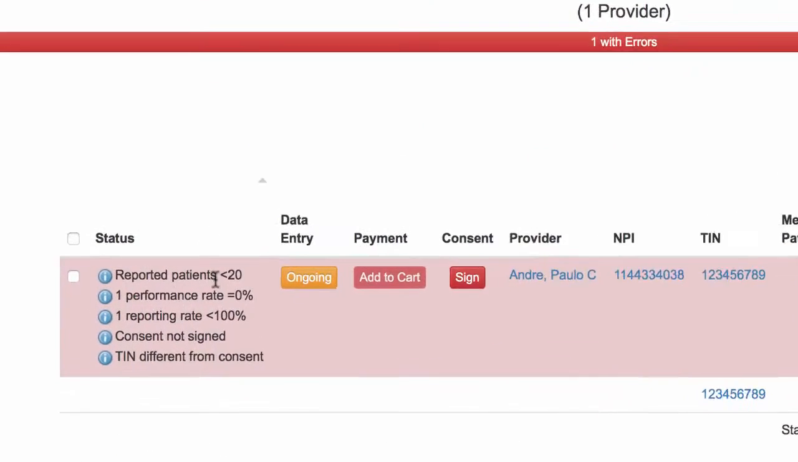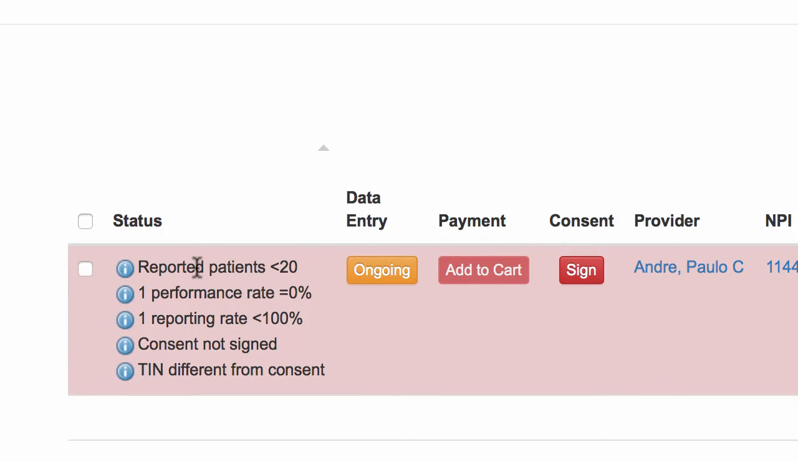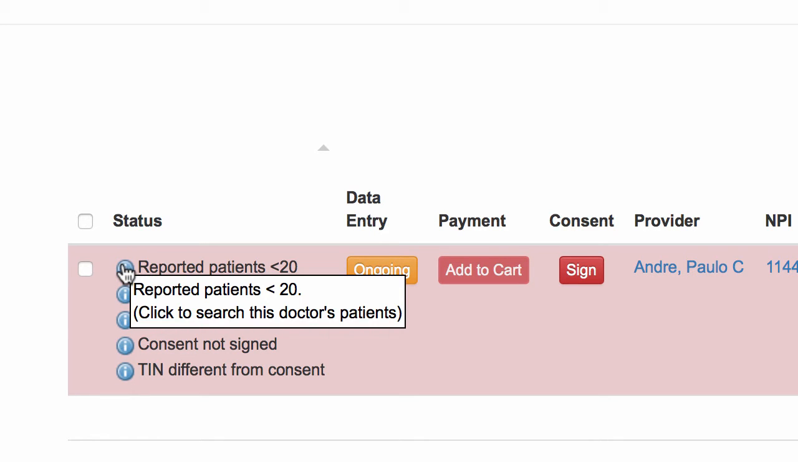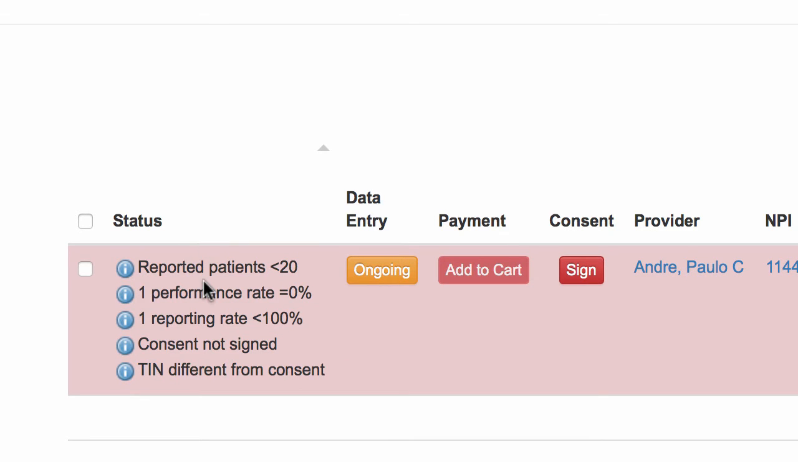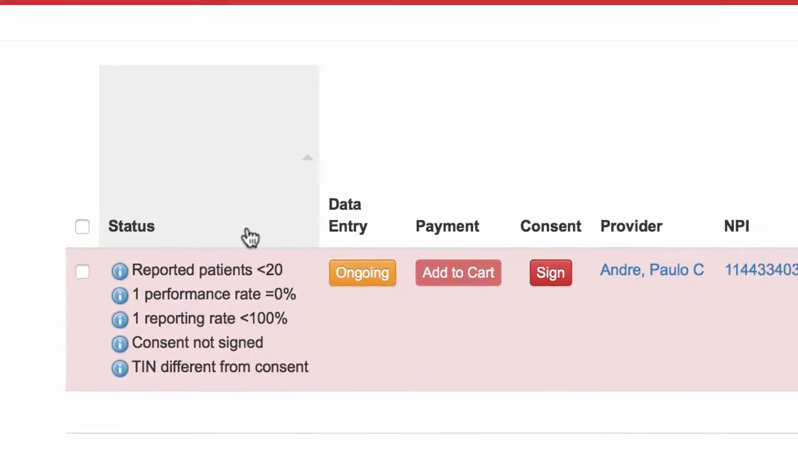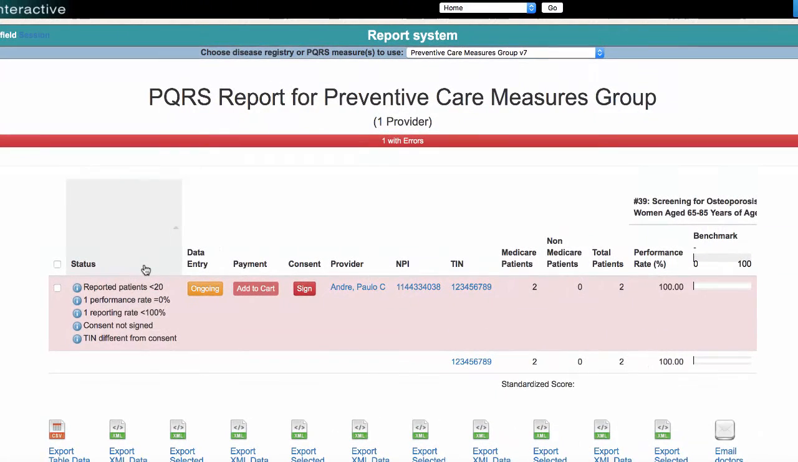Notice that next to each error listed, there is a blue dot. Hovering your mouse over that blue dot will provide you with more information in regards to the error. As you can see, the first error listed states that we have less than 20 patients. Please note that when completing a measures group, the minimum requirement is 20 patients,